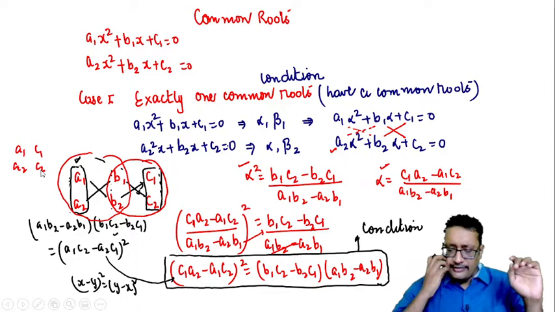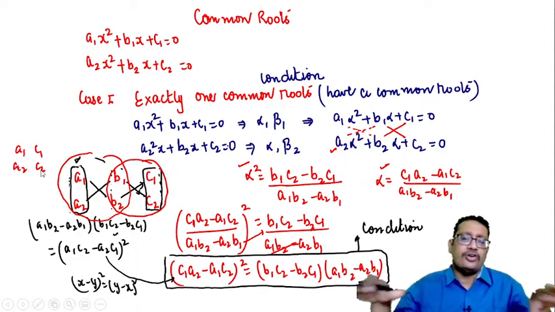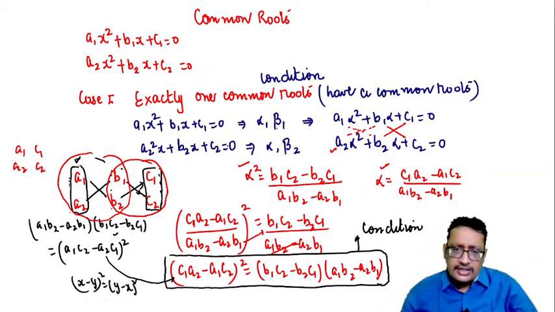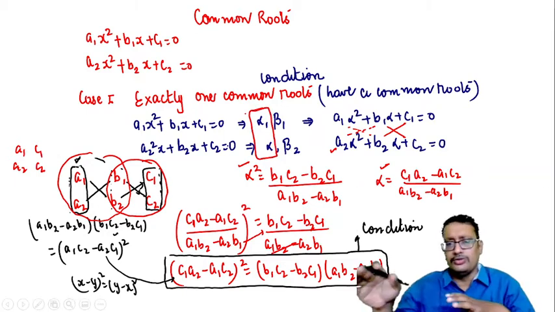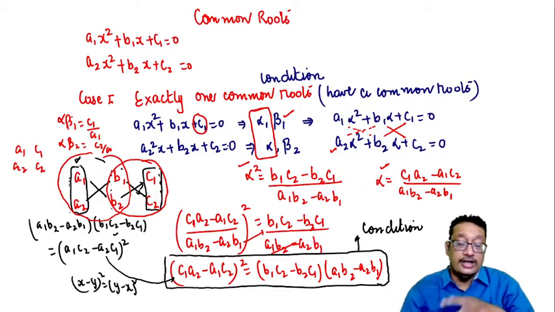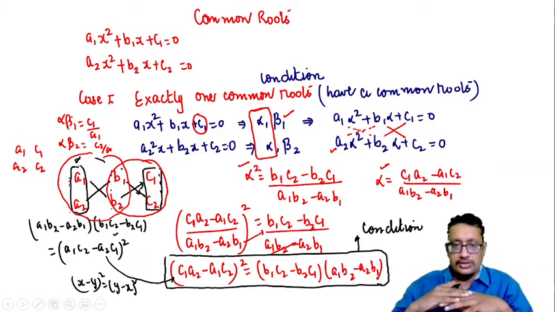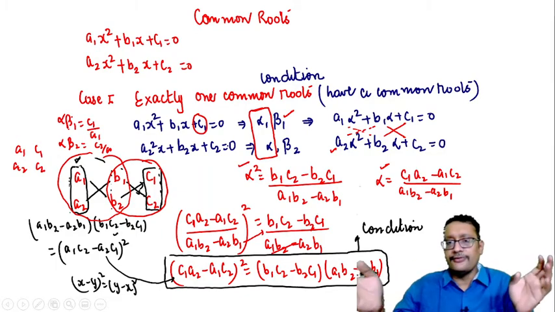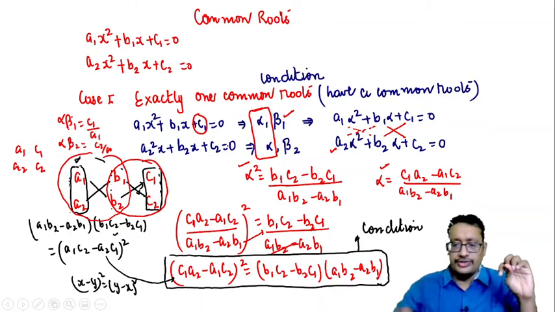This is a condition, but I will say one thing. Whenever it says they have a common root, you try to find the roots if it is possible. What roots? You find this alpha, which is common. If you are able to find this, then there will be no issue of getting beta 1 by using the product of roots rule, because alpha beta 1 is equal to c1 by a1 and alpha beta 2 is equal to c2 by a2. What I say: try to find the common root of these two quadratic equations and you will get the other roots also by using the formula for the product of the roots, c by a.